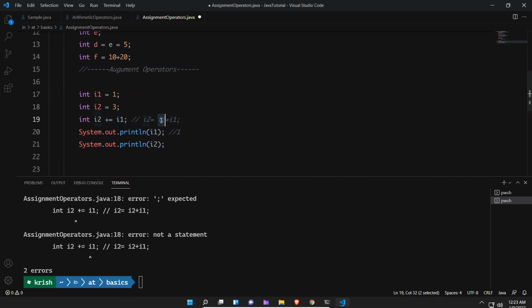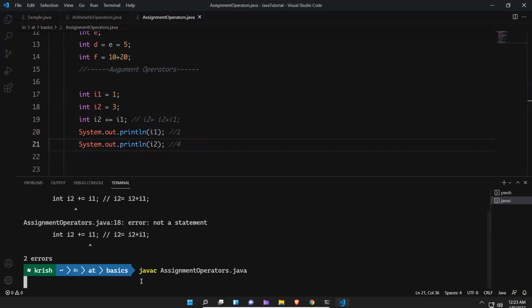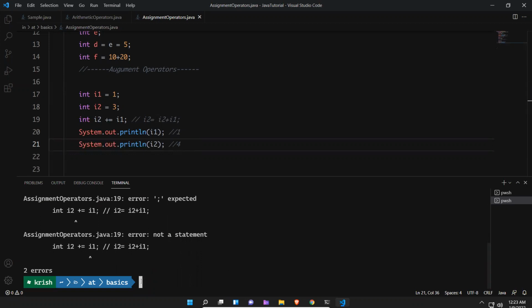What is I2? 3. 3 plus 1 is 4. Initially the value is 3, and after adding this one, it became 4. Now if I print I2, it will be 4. So we'll compile this. What did I miss? That was the mistake.